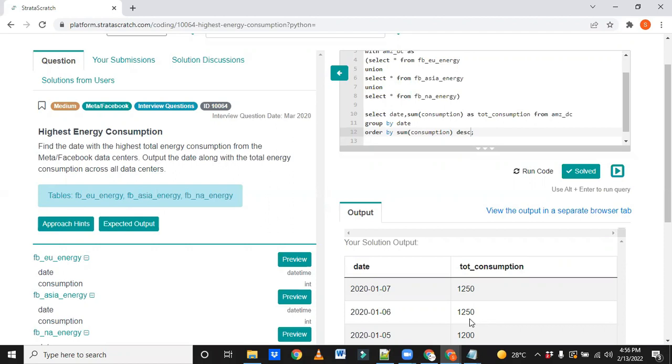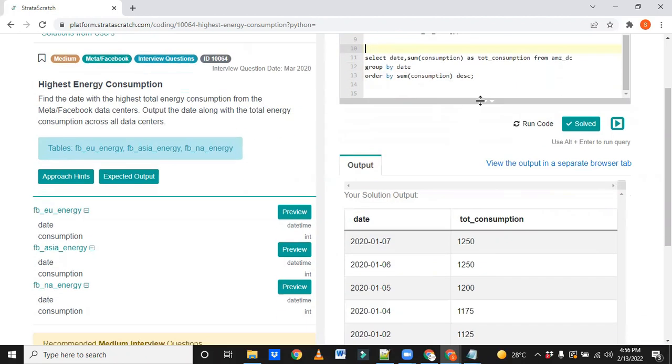I can say DENSE_RANK is the more appropriate window function to use here to pick the highest consumptions out of the list. That's my priority. So what we can do, I don't want to disturb this, just remove this.